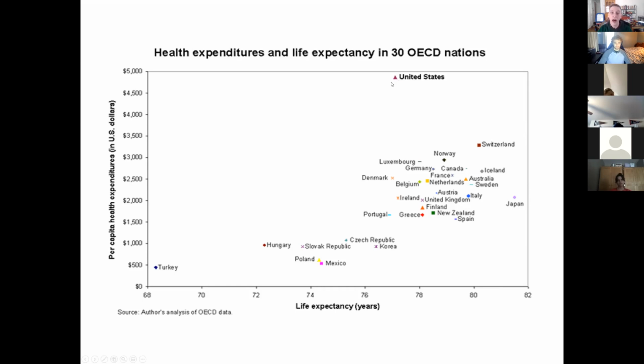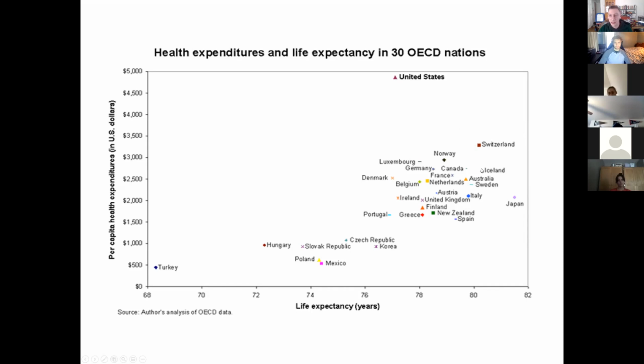We spend a lot more on our health care compared to other countries who we're similar to, but we don't get as much bang out of our buck. We're back here below 78 years on average. And this data is from a few years ago, but it's gone up maybe a little bit. Actually, I think life expectancy in the United States has gone back a little bit. So it may be about the same. So we'll say it's right here